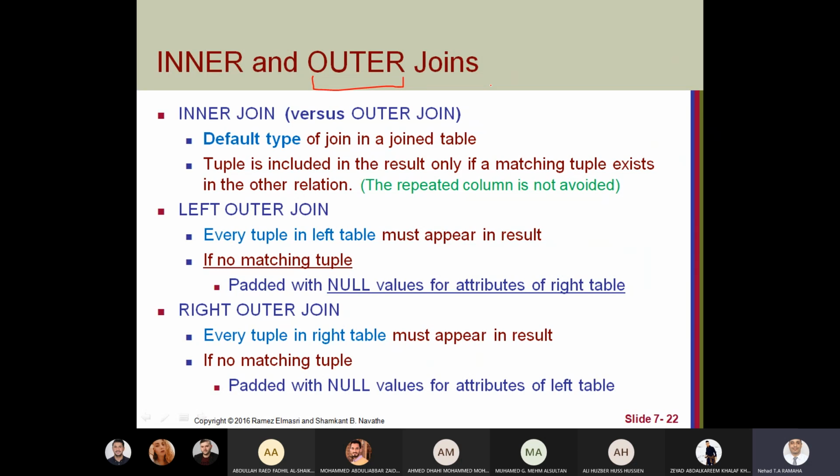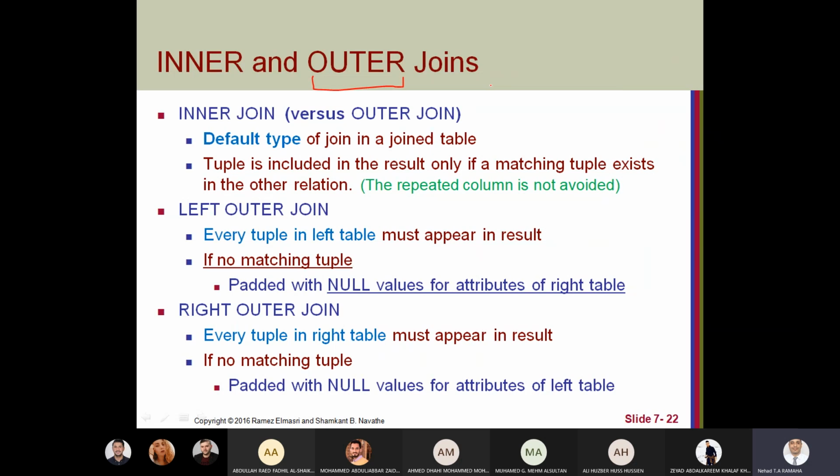When you join between two tables using outer join, you could mention that I need all values from the left table, so it is left outer join. Or you can say I need all values in the result from the right table. This means you have to do right outer join.